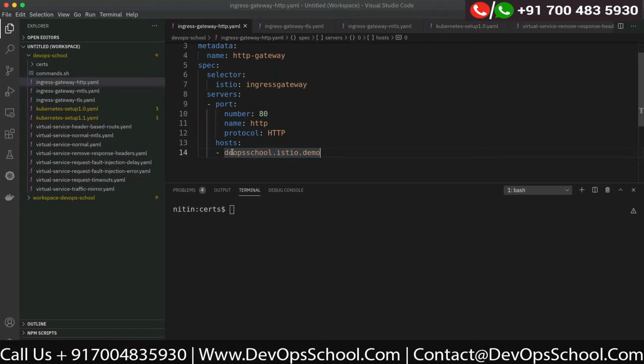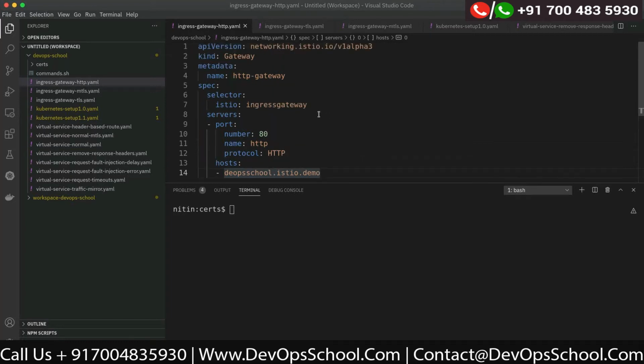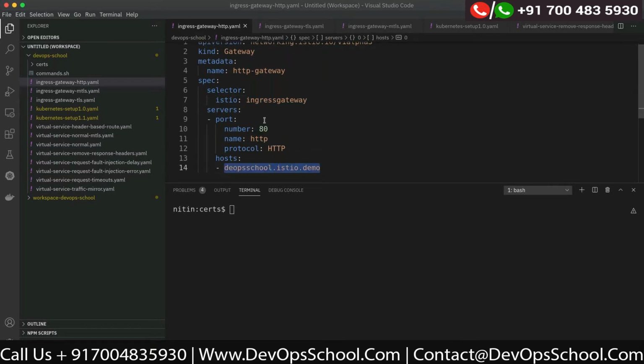You must be using this host to access the services. Only then this ingress gateway will be able to identify the request that yes, I have to listen to it. So this ingress gateway is kind of opening a listener for any traffic which is coming with this host name on this port number.